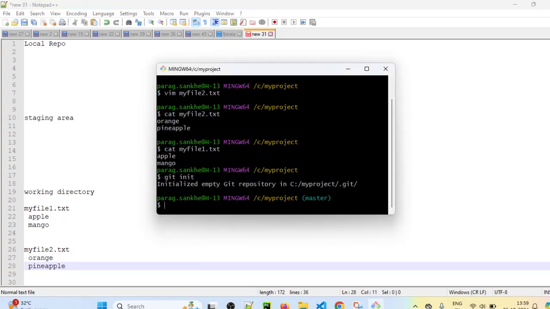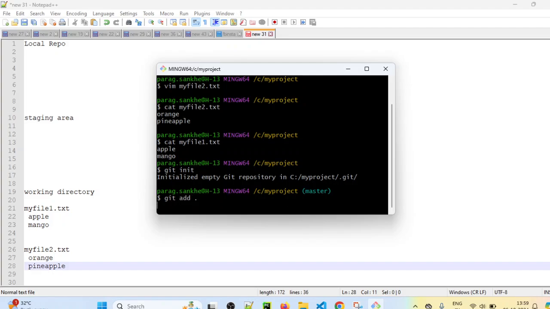This content and these files are present in the working directory only. Then we can add these files and this content to the staging area. How to add those to the staging area? We can simply put git add